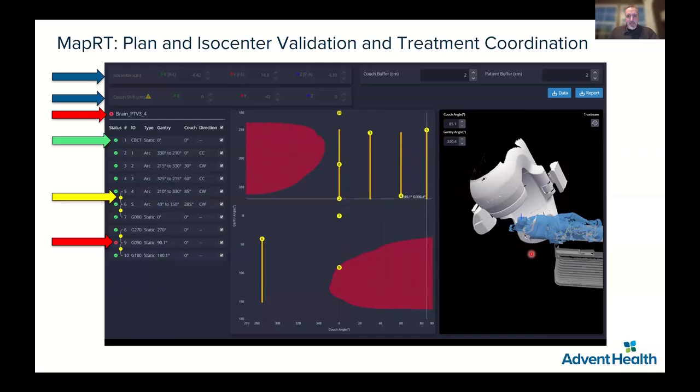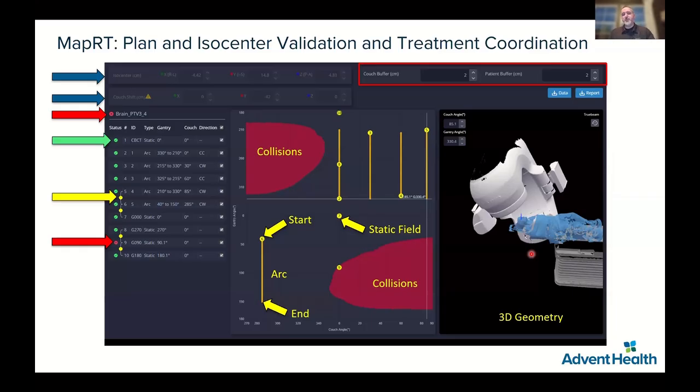You can see in the upper corner, you have buffers. You can add additional safety buffers to both your patient and your machine so that you can add some spacing between them. You have arcs, you have static fields, you have start positions and end positions. You have the collision areas that you want to avoid, and then you have a 3D geometry view for the room. So this gives you a global view of a plan long before the patient actually arrives for any type